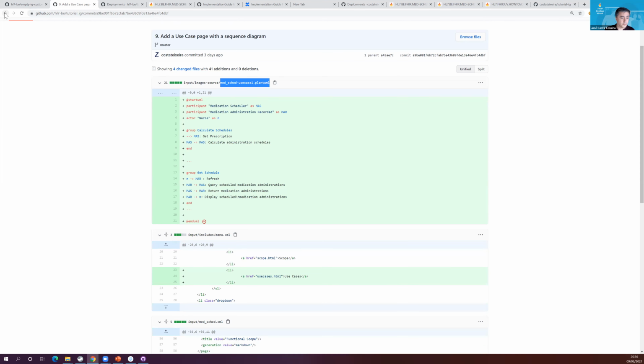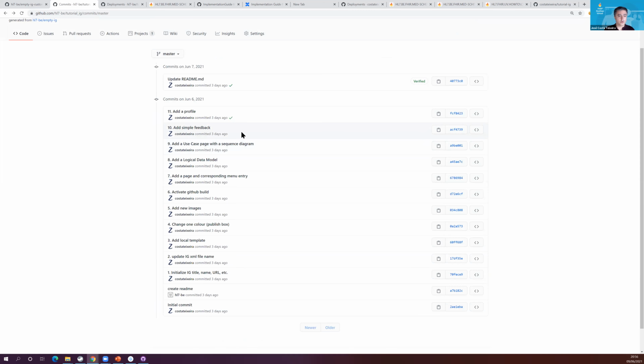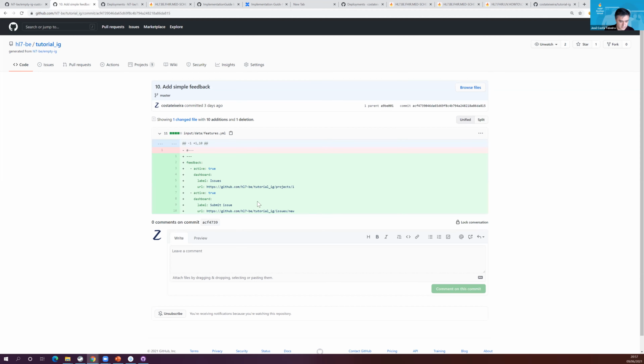So this is one of the important commits, adding a diagram. You can do things with it. And one very, very important thing, so I will not even add the profile because that's SUSHI, you know that. Simple feedback. There is one feature in the implementation guide template since some time ago, a few weeks, months ago, where if you add something to this feature.yaml file in your data